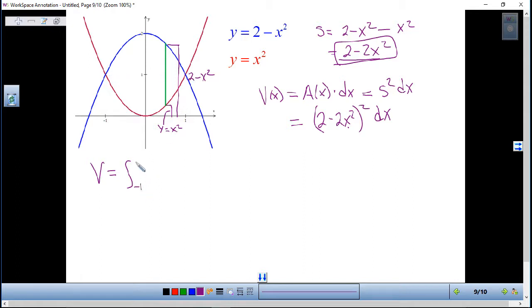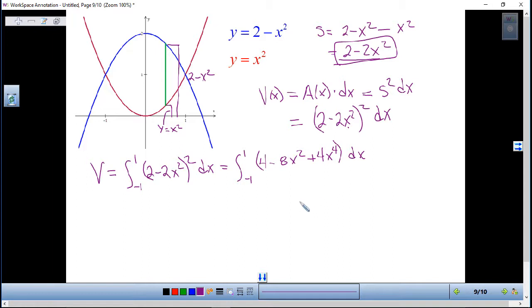So from -1 to 1 of (2 minus 2x squared) quantity squared dx. Now, do not go in here and say that that is 4 minus 4x to the 4th. Remember, if you're squaring a binomial, you have to FOIL it. So we're going to end up with the integral from -1 to 1 of 4 minus this times that and double it, so minus 8x squared, and then square this last one, plus 4x to the 4th